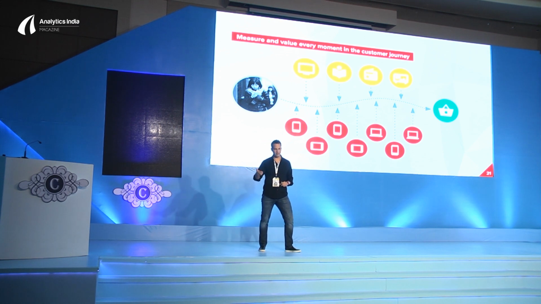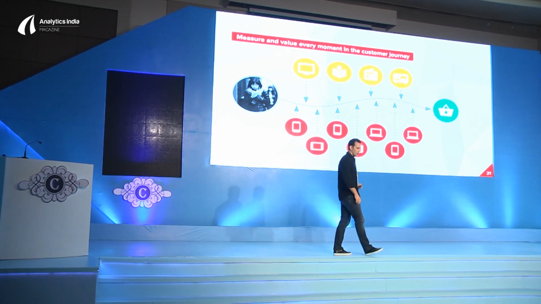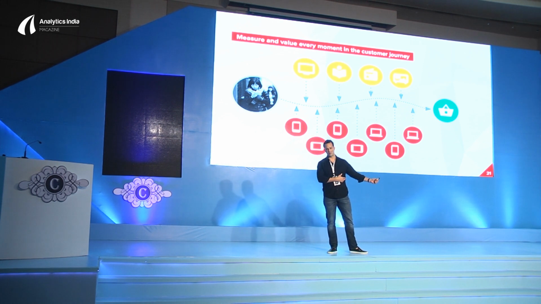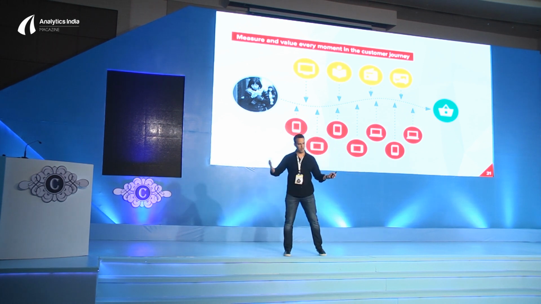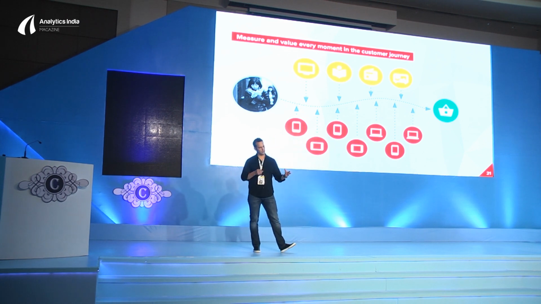Because you may have an amazing advertising campaign, but potentially your price point is off, or the person had a really, really bad support experience, and then your campaign can be amazing and your price point can be amazing, but if they're never getting support, they're not going to buy. So we try to include as many different data types in this path as we can and try to give credit to every single touch point that we have.